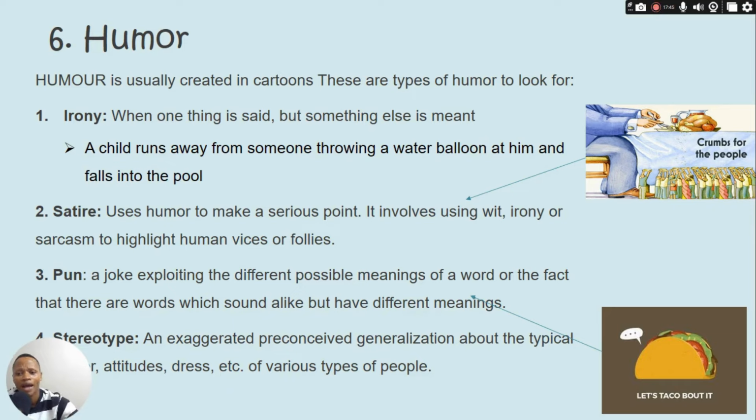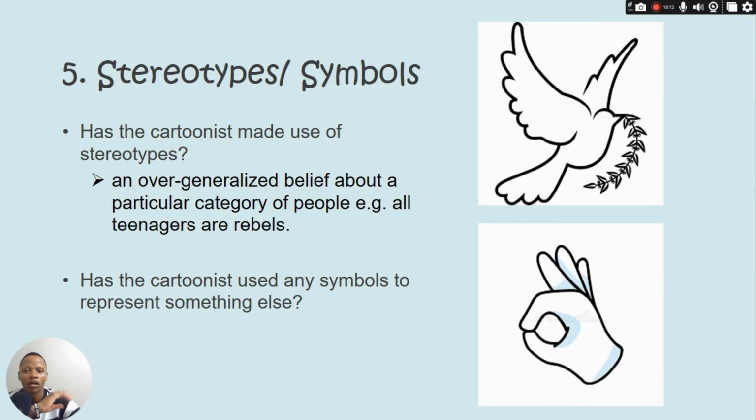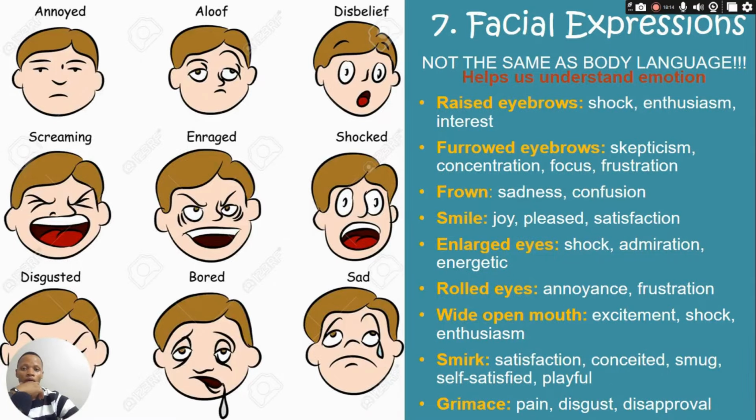Or that could be satire, which uses humor to make a serious point, involving wit, irony, or sarcasm to highlight human vices or follies. And then you have a pun, which is a joke exploiting the different possible meanings of a word, or the fact that there are words which sound alike but have different meanings. And then you have stereotypes, which is an exaggerated preconceived generalization about typical attitude, dress or whatever. Okay. Now, these are some of the